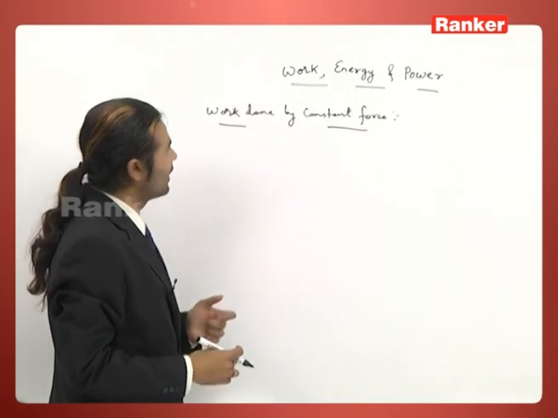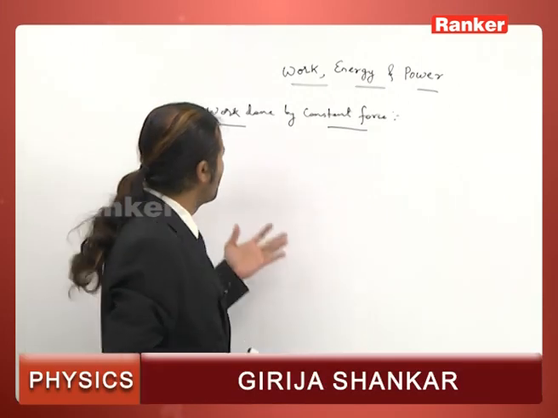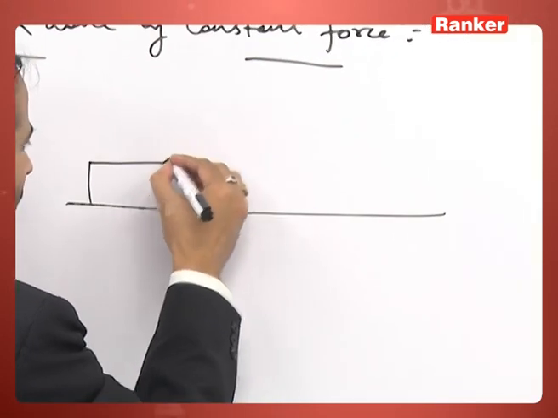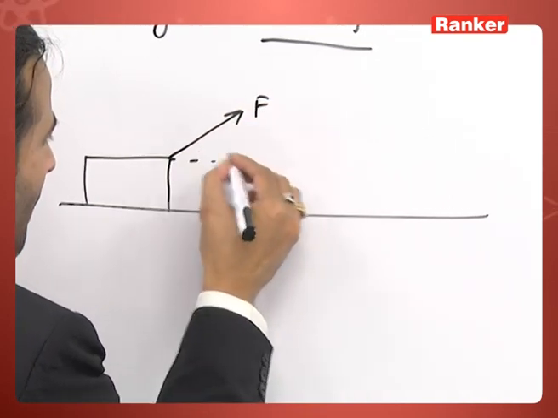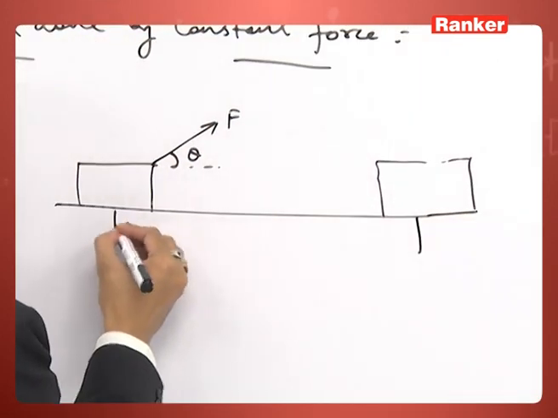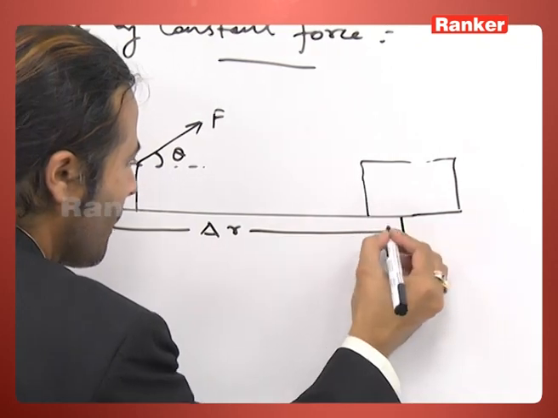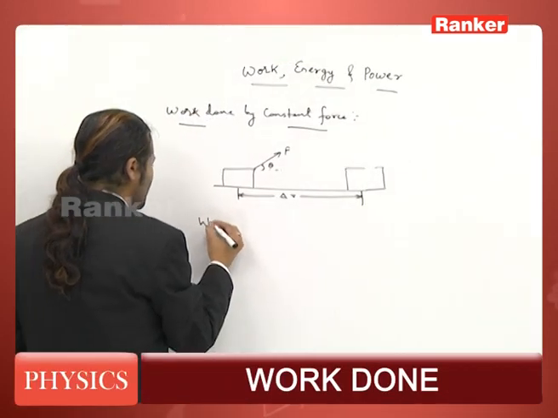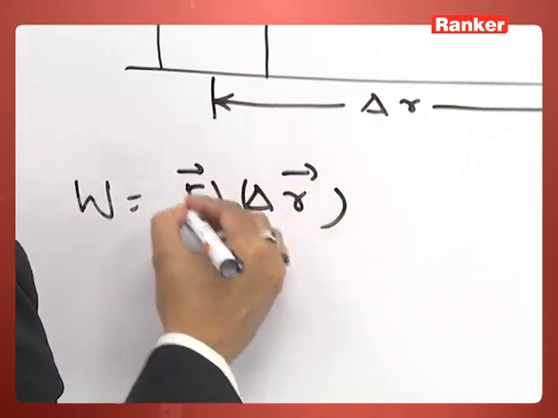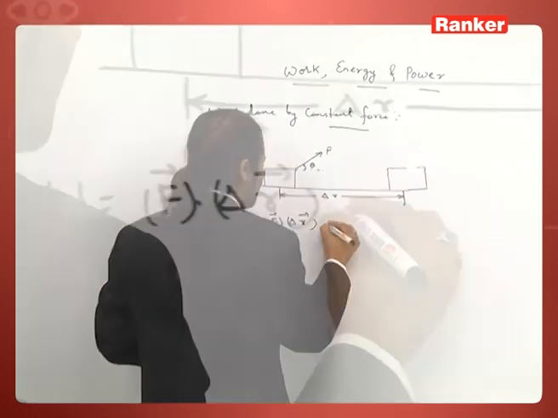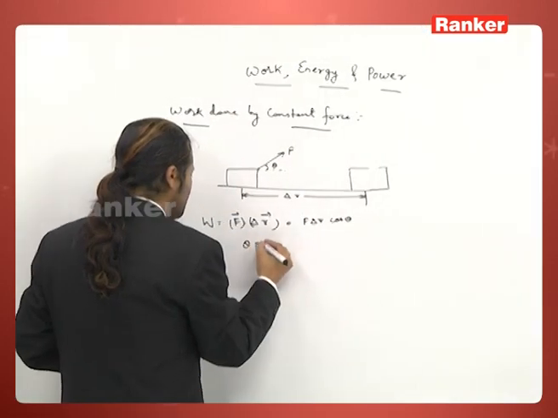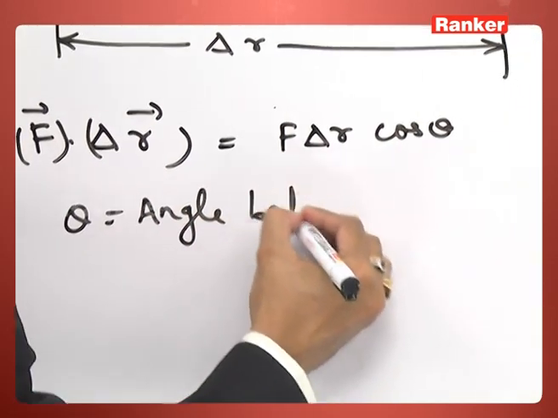So we will discuss work, energy, power. Let us go with work done by constant force. It is defined as the dot product between force vector and displacement vector, or I can say F delta R cos theta, where theta is the angle between